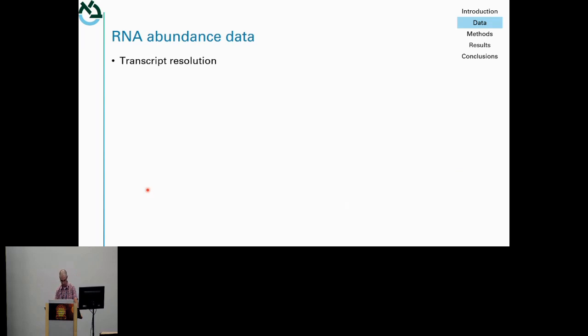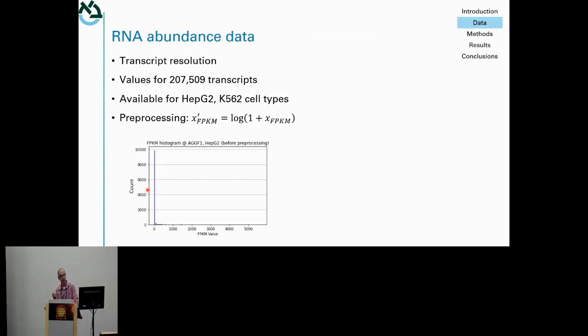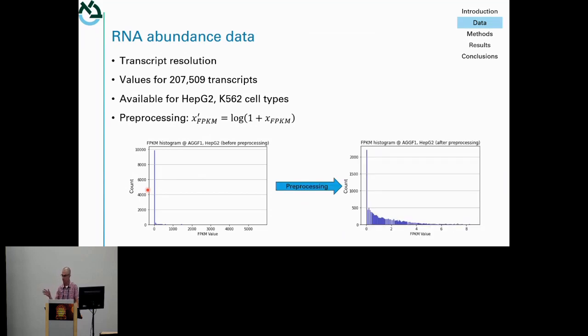Here we are using RNA-seq data that's in transcript resolution, so each transcript would have some value of its abundance. It was provided for different transcript isoforms. You can go to GEO or other repositories and download it for both of these cell types. And one of the transformations that we had to do was a log transformation, because the FPKM values that show us the RNA abundance are highly skewed. If you give these highly skewed values to the machine learning, it's not going to do well or use them in any manner. But once we do the log transformation, the distribution is much less skewed, and then the machine learning was able to use the log transformed values in an informative fashion.